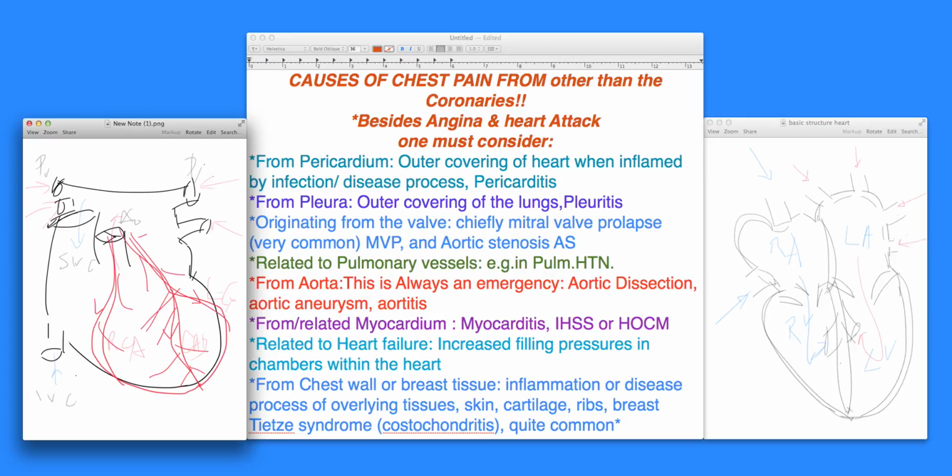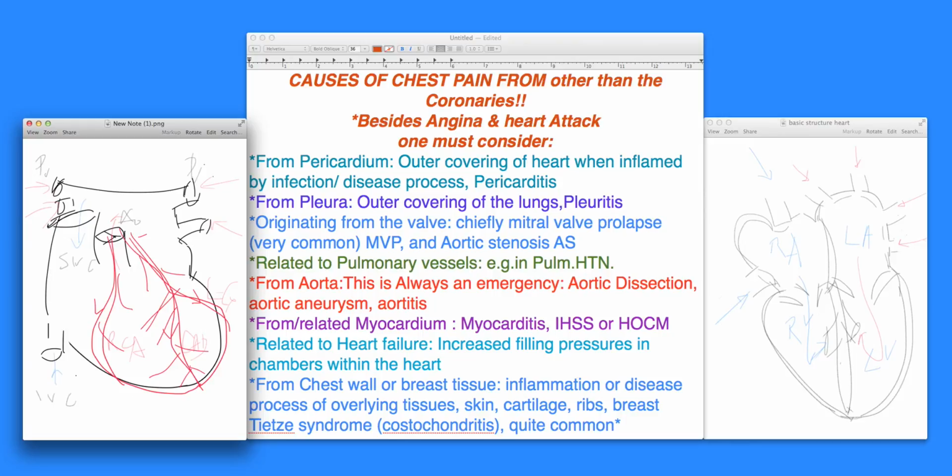Aortic stenosis, which is here, the aortic valve that's situated at the mouth of the aorta, sometimes causes chest pain because of numerous reasons we'll talk about later, but predominantly the coronaries which are arising from the aorta or near the aortic valve could be affected. And of course, there is increased muscle mass of the left ventricle, which requires increased oxygen demand. So whenever there is a demand-supply ratio imbalance, aortic stenosis is a classic example where chest pains can occur as